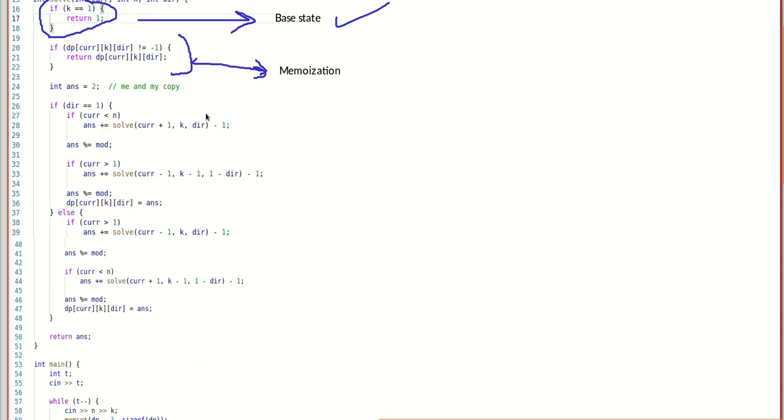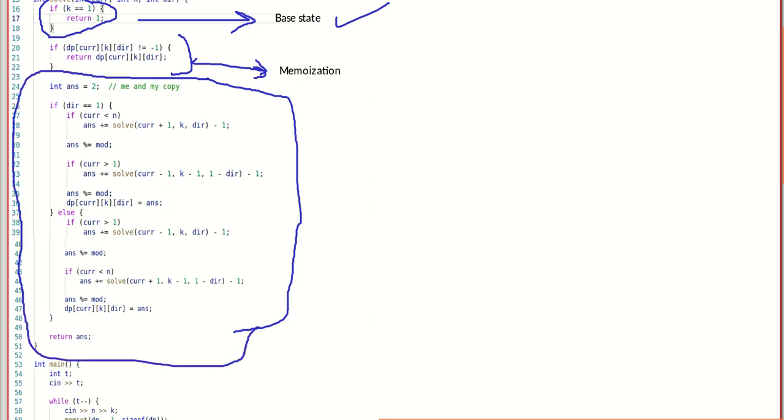Now comes our transition step. Let us see this carefully. In the transition step, let us mark this down. So in the transition step, what we are doing is, initially I am taking a variable answer equal to 2. What does it mean? In this DP state, we have one plane to which a particle is moving. Let us take right.